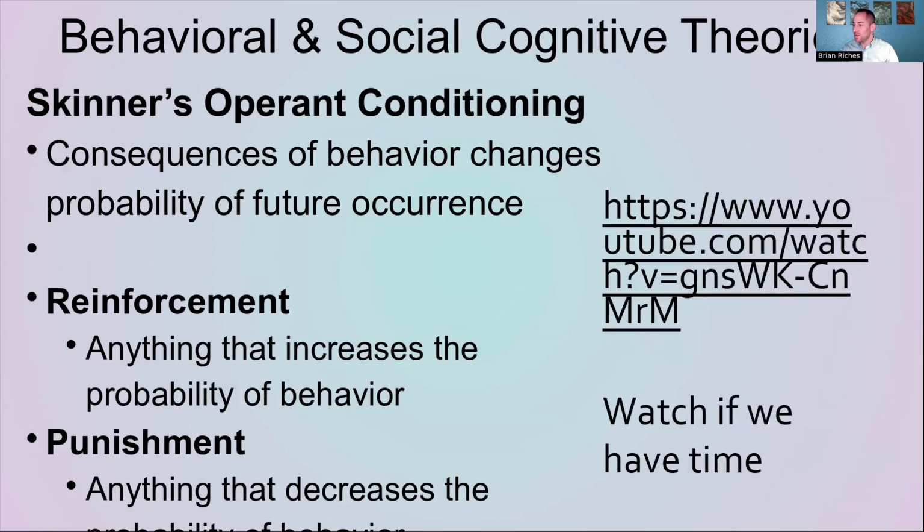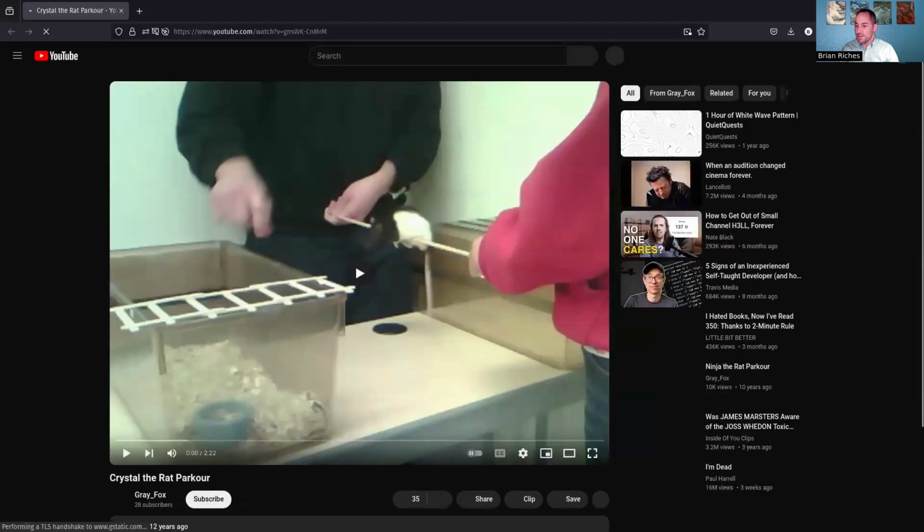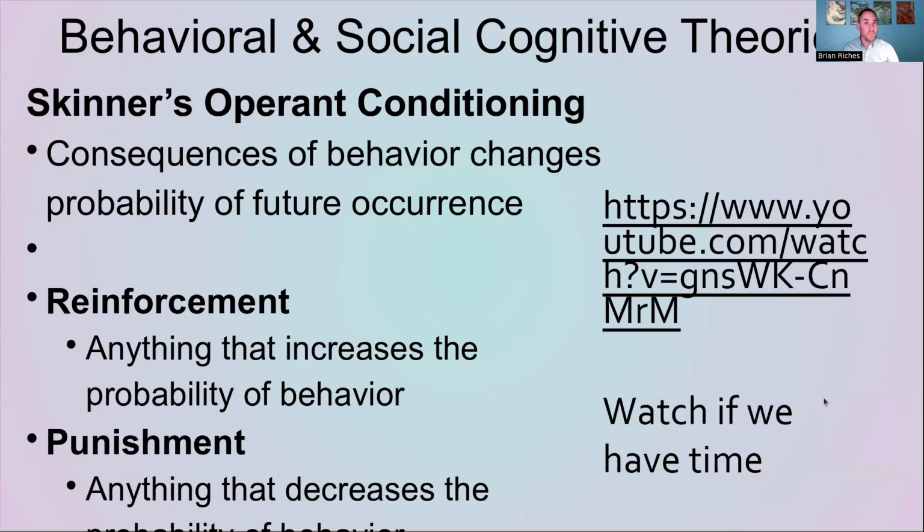So this is a good video. If you want to go to the slides, you can watch it. It's a rat that was trained. I don't remember offhand if this one was the rat I trained or the rat my wife trained. If I click on it, I'll be able to tell. That's the rat I trained. So this was Crystal the rat, and it is a rat that I trained to do some parkour type of